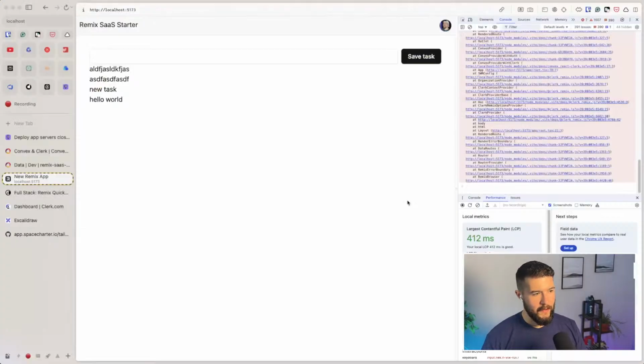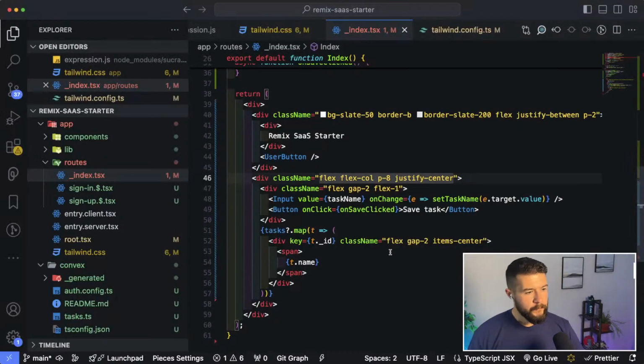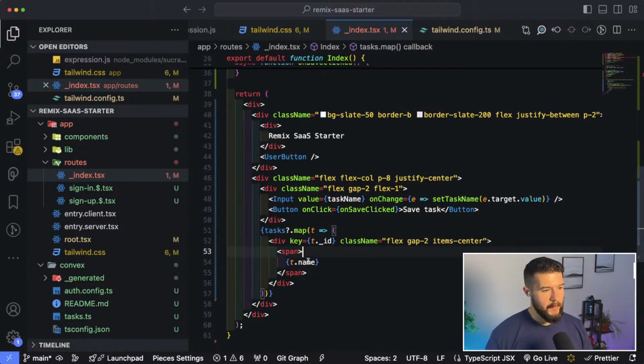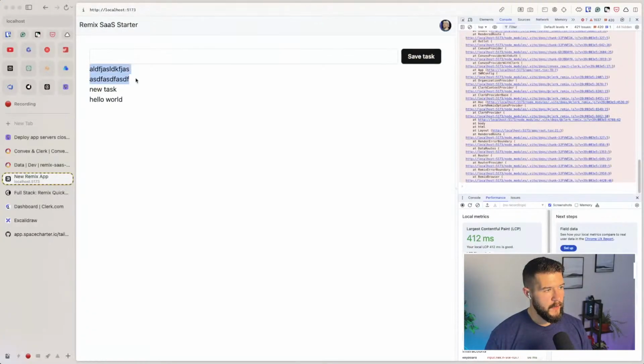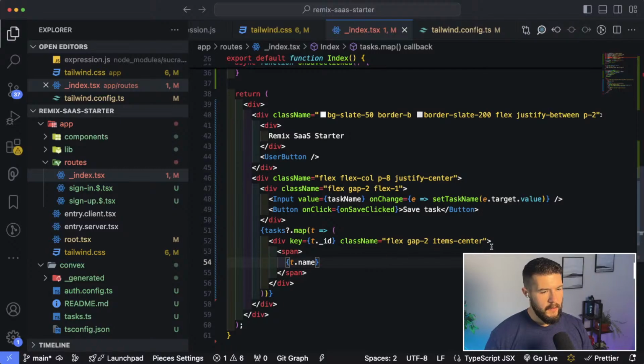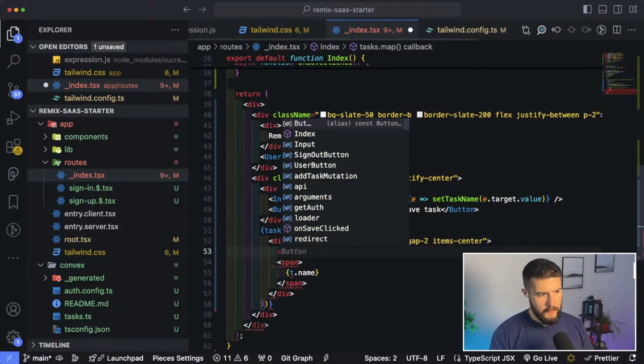We're going to add a padding on the entire thing of 8 just to give it some space here. All right, so we have the name of the task here, and that's what's rendering here. So that's a flex. We're going to do, let's see here. Let's add in an icon. So we'll do,